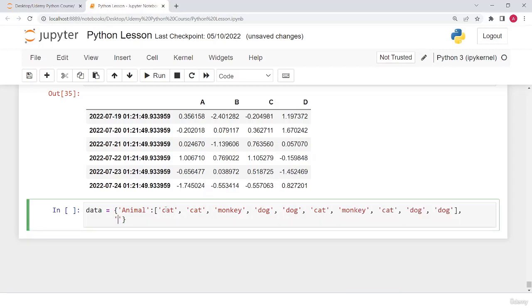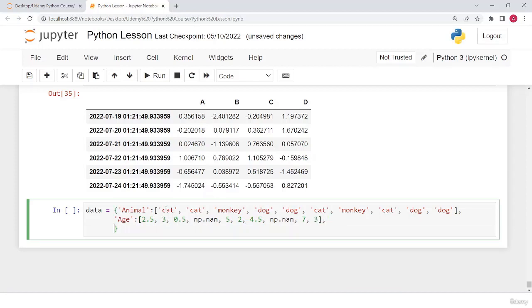And here I add another key, age 2.5, 3.5, and if you want to define a null number, I type here np.nan, 2, 7,